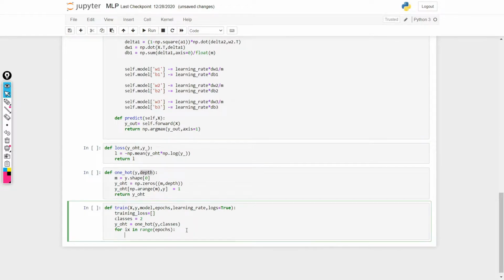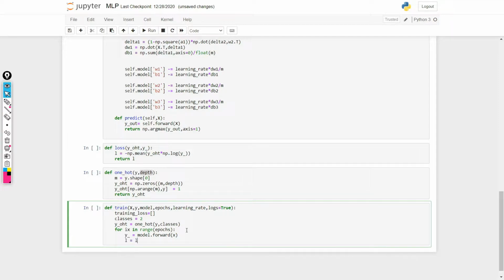First of all, we are going to get our output, that is model.forward(x). Now what we are going to do is get our loss. That loss is going to be computed from y one hot and y hat. So this is how we are finding our loss.